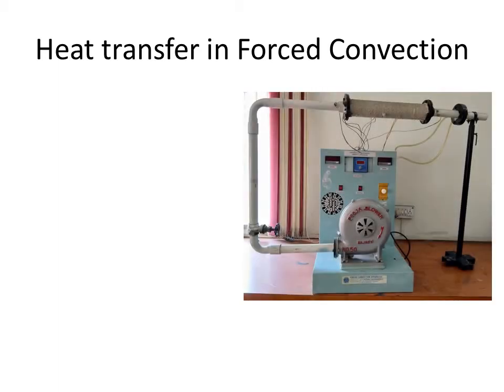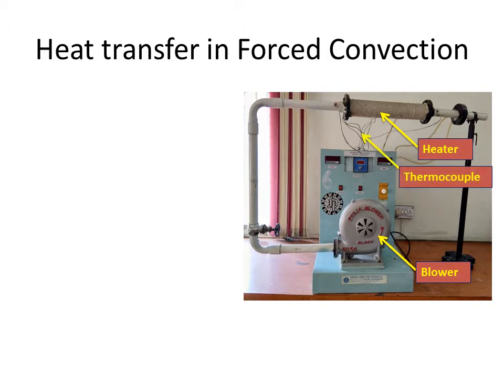Description and specification of the apparatus. The apparatus consists of a blower unit fitted with a test pipe. The test section is surrounded by a nichrome band heater. 6 thermocouples are embedded on the test section and 2 thermocouples are placed in the airstream at the entrance and exit of the test section to measure air temperature. The test pipe is connected to the delivery side of the blower along with the orifice to measure the flow of air through the pipe.